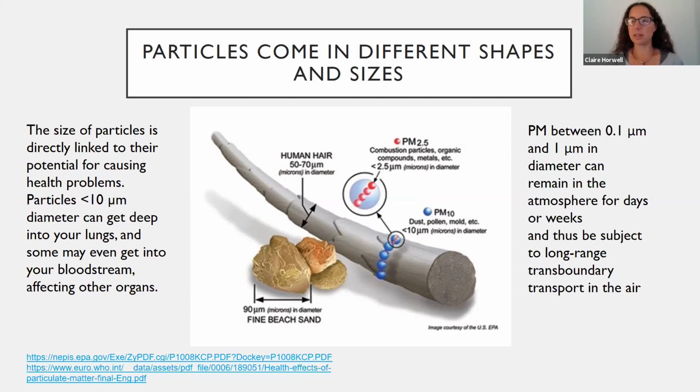Now, what does a 10 micron particle look like? It's hard to envisage, so the diagram in this slide will help with that. What you can see here is a drawing of a human hair and also some beach sand. Beach sand could be maybe 90 micrometers in diameter, and human hair is less than that. So if you took one of your hairs and chopped it in half, it would be roughly 50 to 70